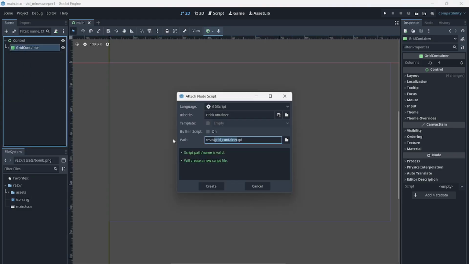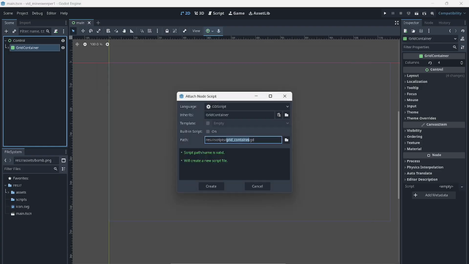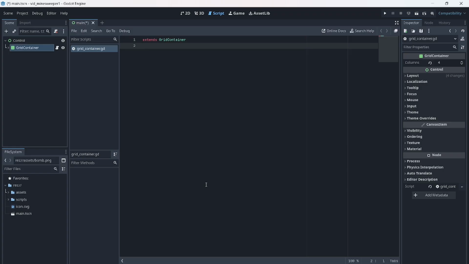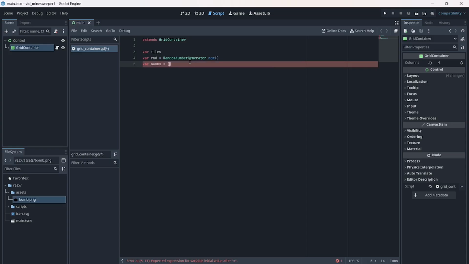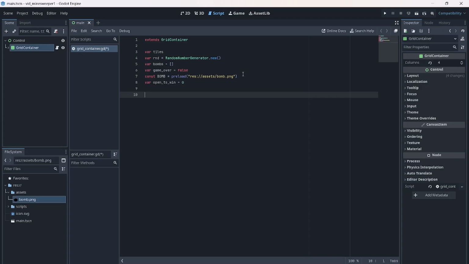Let's move on to the script. We'll start by defining some variables. Tiles to hold all the buttons inside the grid. RNG, a random number generator for placing bombs. Bombs is an array to store the bomb positions. Game over, that's just a flag to check if the game has ended. Bomb texture, to preload the bomb image we'll place in the bomb tiles. And open to win, to track how many safe tiles are not open yet, so we know when the player